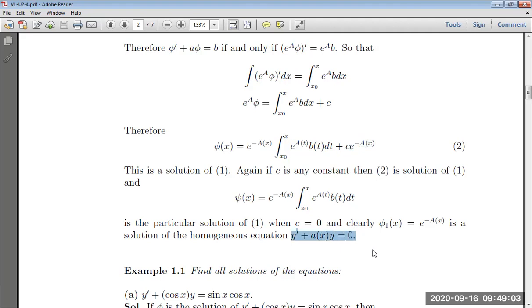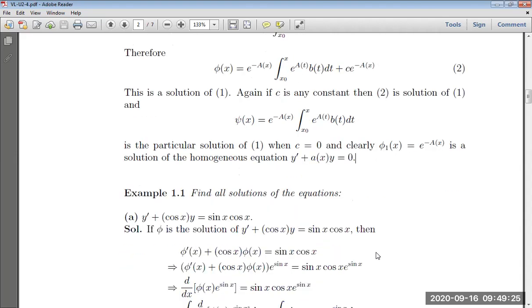So this proves the existence theorem for a general linear differential equation of first order, which is non-homogeneous. If you go through the examples which we have discussed earlier, all are non-homogeneous differential equations